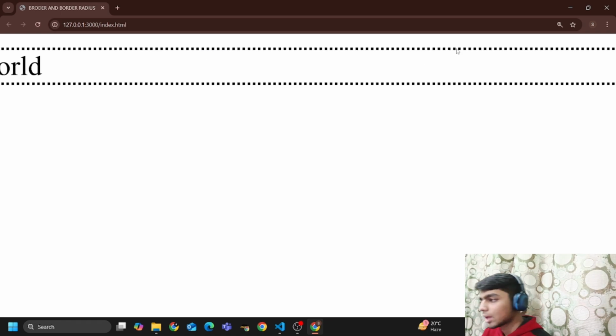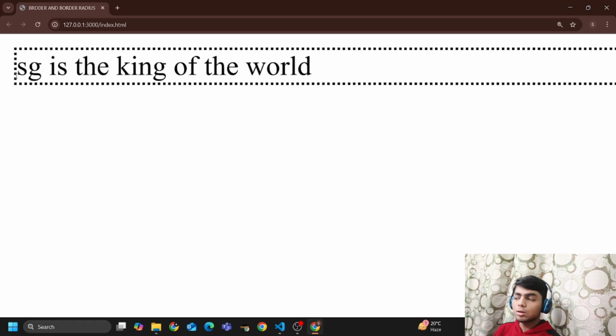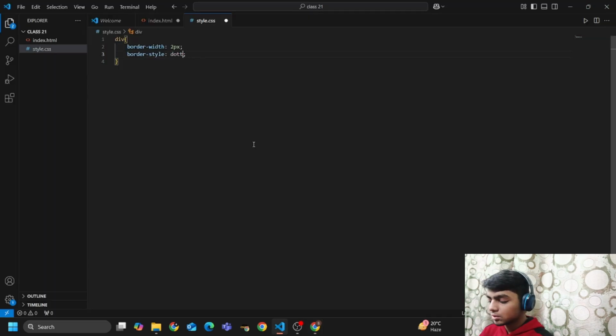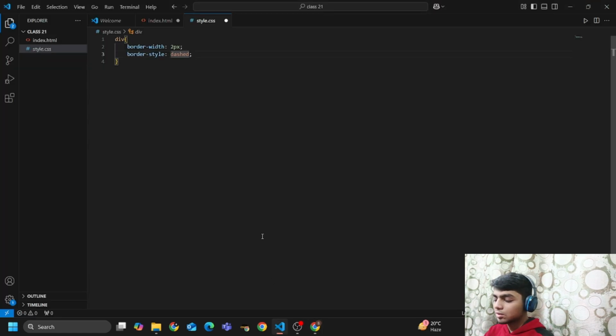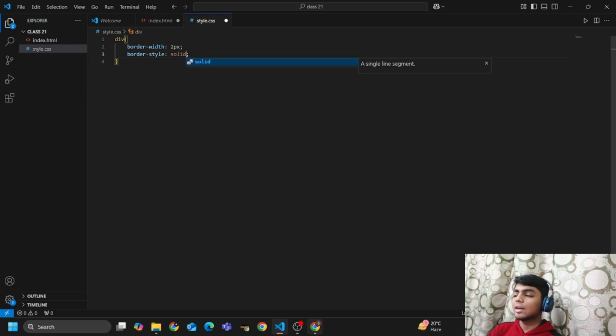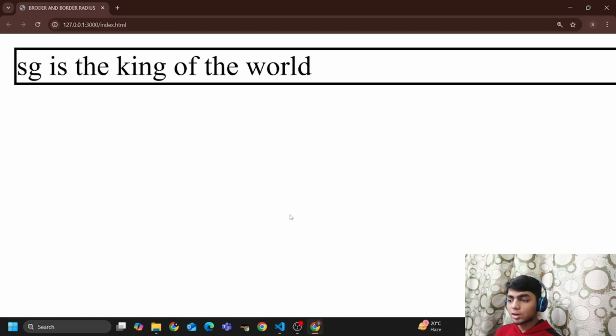See, the dotted border is created around my text, around my div element. And if I write dashed and then preview, then dashed lines are created around my text. If I write solid, then the border is solid now. And if I write here double,